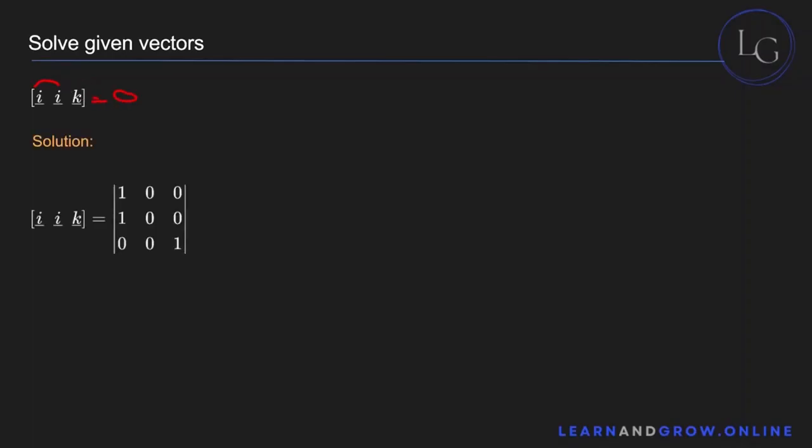But let's prove it. i, j, and k. This is the vector i, because it has just this 1 over here, which represents that you only have 1 in the x-axis, or i. The second one is again the same as it is again j, so you have 1 over here. And the third one is k, which means that you'll have this 1 over here, right? And basically now,